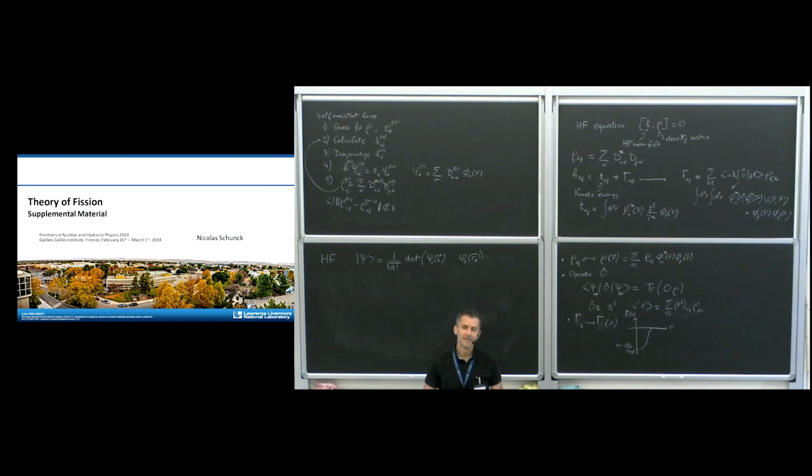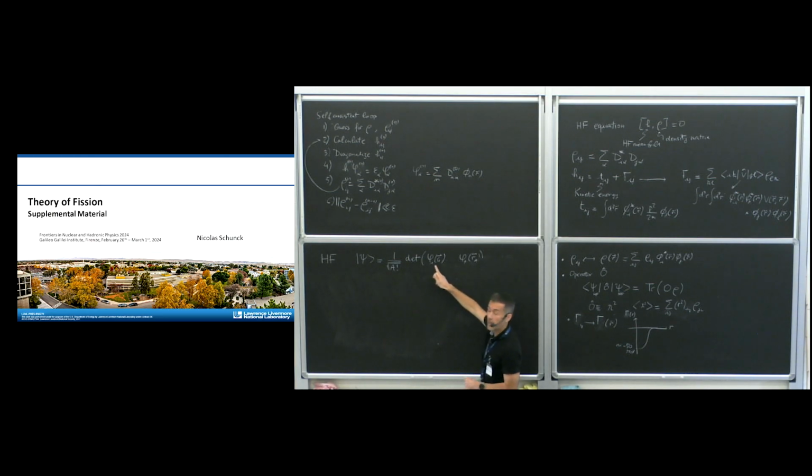Yes, the few people who do shell model would use Slater determinants as a basis to find the solution of the eigenvalue problem for the many-body Hamiltonian. So a Slater determinant can be used as a basis where you will change the